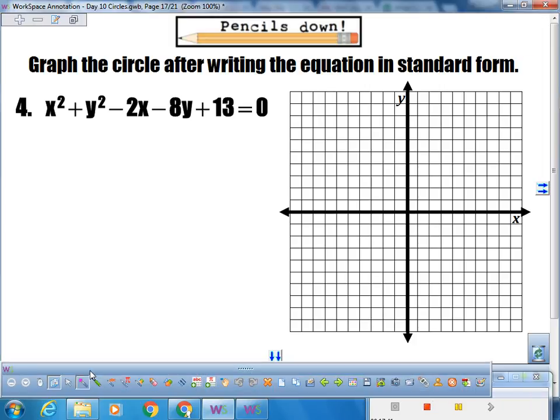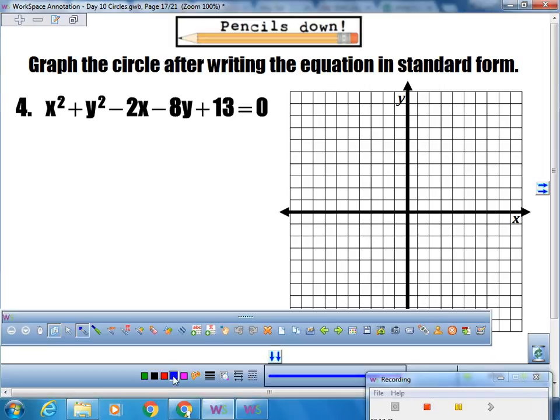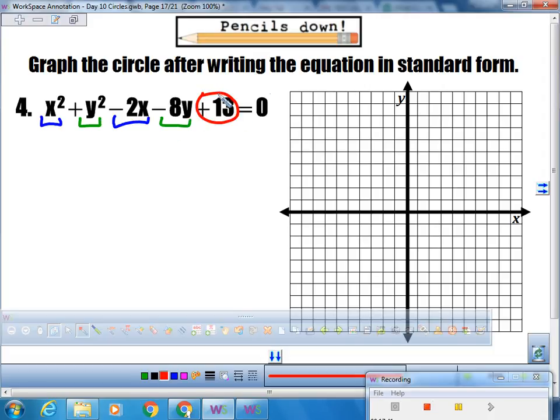Okay, so I'm going to move stuff around a little bit. I need my x's together and my y's together. And this 13 just needs to be moved to the other side. So I have x squared minus 2x. I want to complete this square. Then I have the y squared